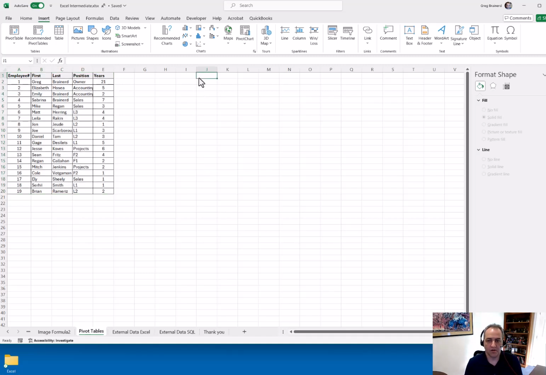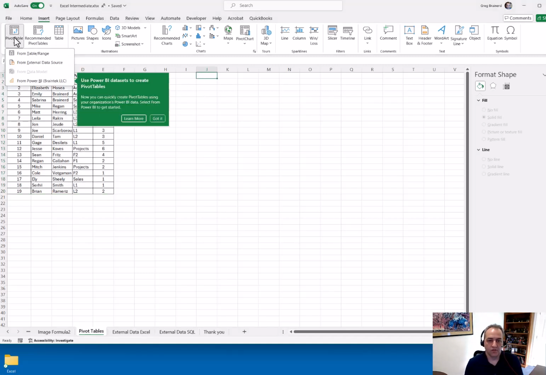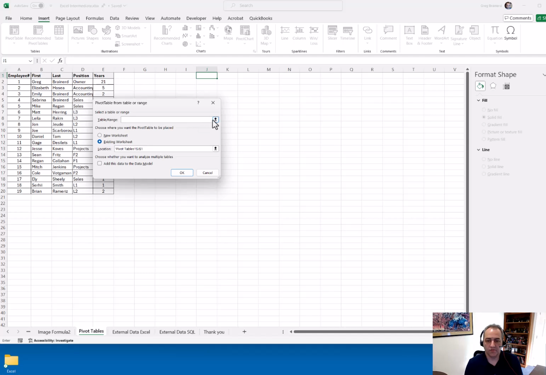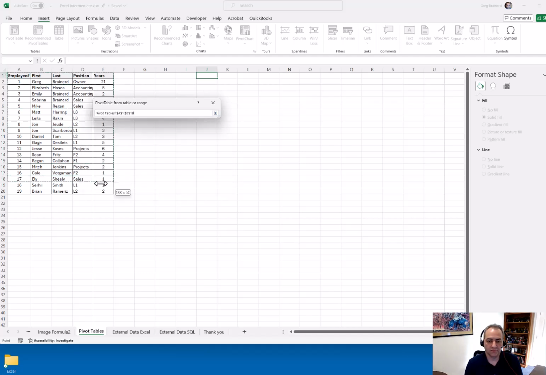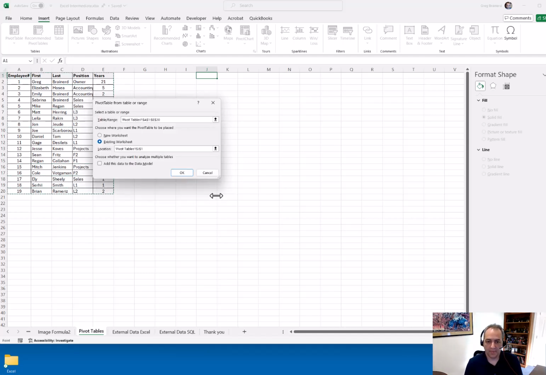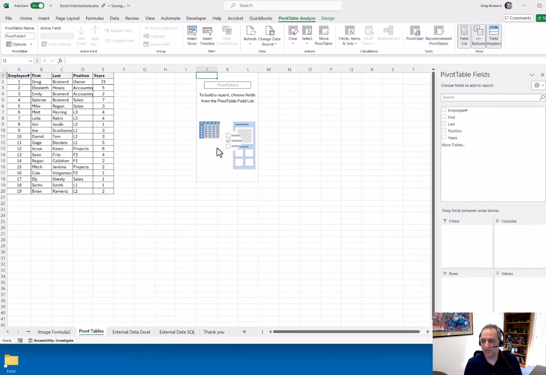Actually, I want it to be right there. So PivotTable from Table/Range, select, and enter, and click OK. So my pivot table is going to show up right here. It gives us some options over here on the right-hand side of what we want to look at